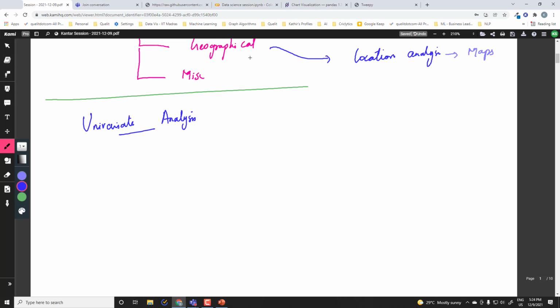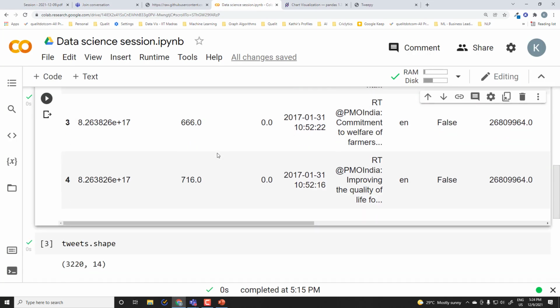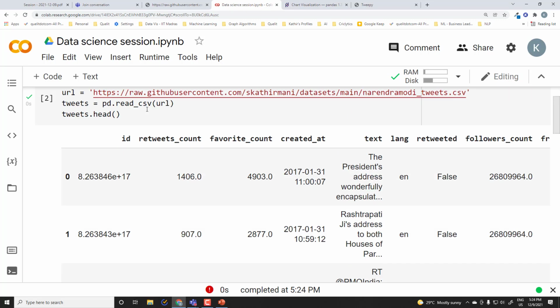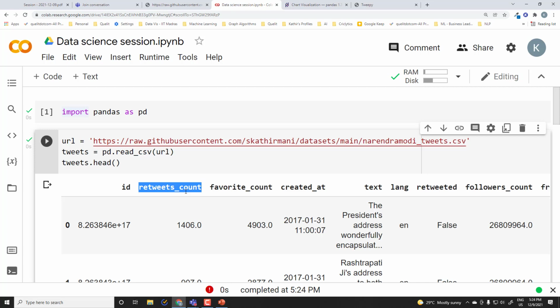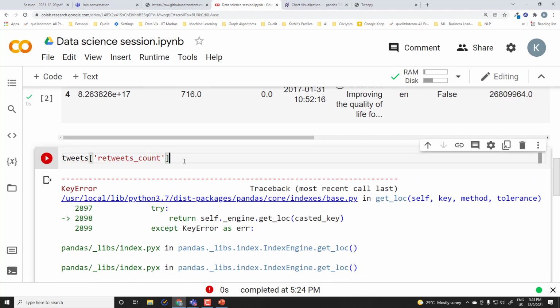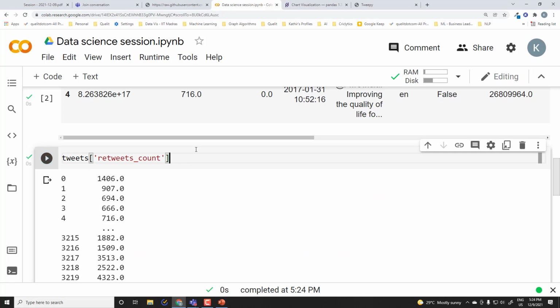For example, if I have to take the tweets likes column, let's say, or retweets column. So I have a retweets column. This is a column which tells, I think it is retweets underscore count. So this is a numerical column has how many retweets for each of the tweet.